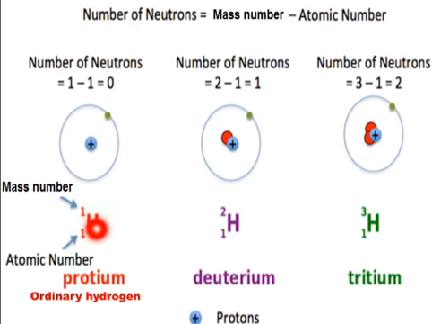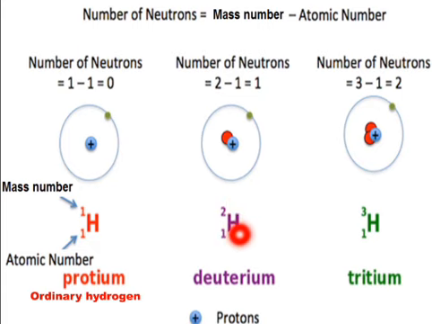So when we subtract atomic number 1 from mass number 1 in the case of protium, the number of neutrons will be 0. It means this protium, which is the isotope of hydrogen, does not have any neutron in its nucleus. It means it has one proton and one electron but no neutron. So students, you can be asked in the exam, name the isotope of hydrogen that does not contain a neutron. So the answer is protium. Now let us see the case of deuterium, the second isotope of hydrogen. It has mass number 2 and atomic number 1.